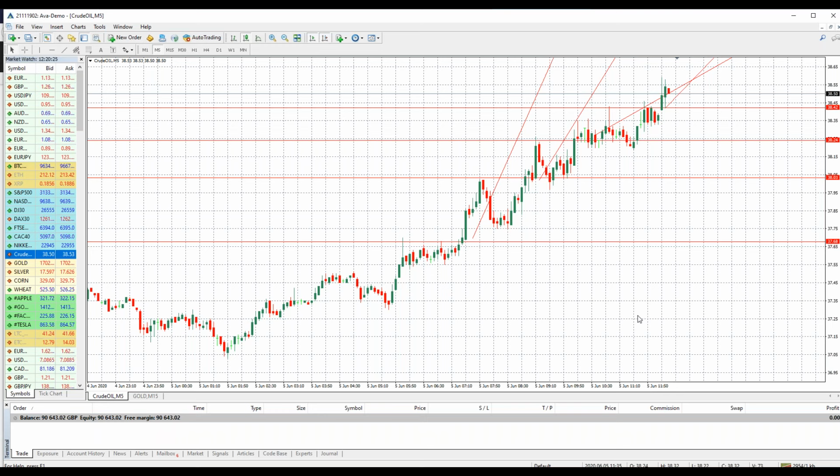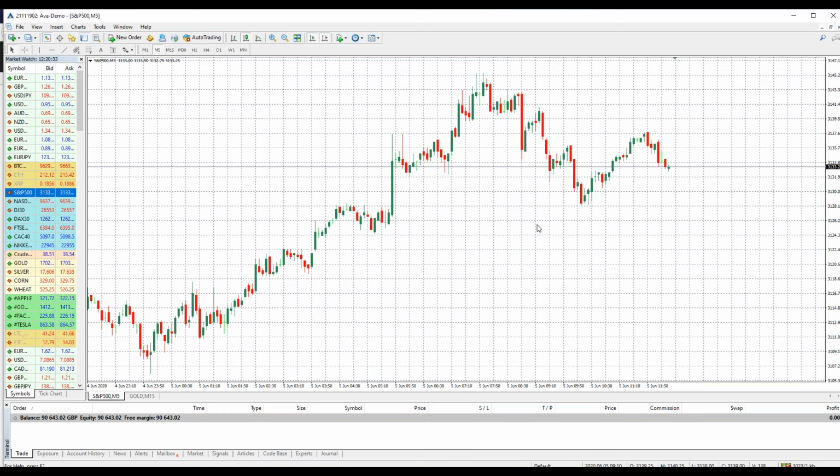All right, so let's take a look then at maybe S&P 500. Do you think it looks similar to what oil did? Okay, a little pullback through part of the day, but look at the climb. Okay, we're going back. Today's the 5th. Okay, the 5th started here. Okay, look at that climb. Look at the climb here.